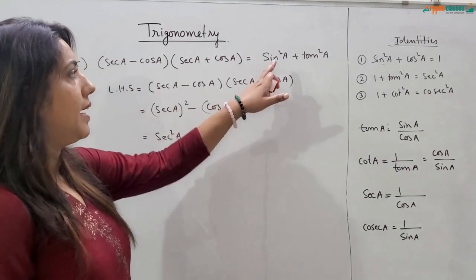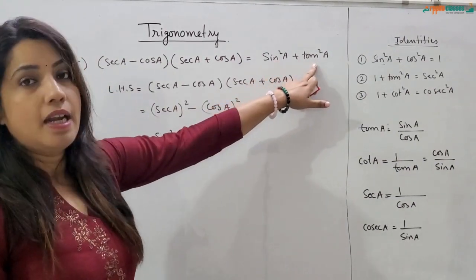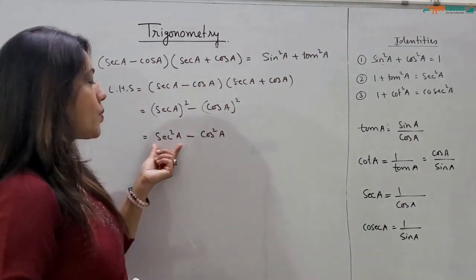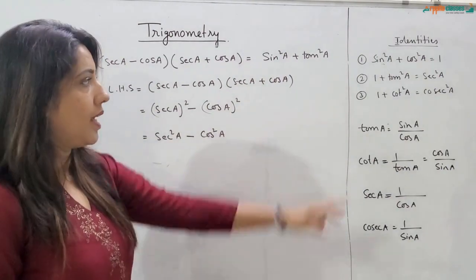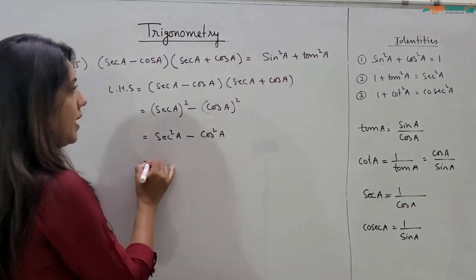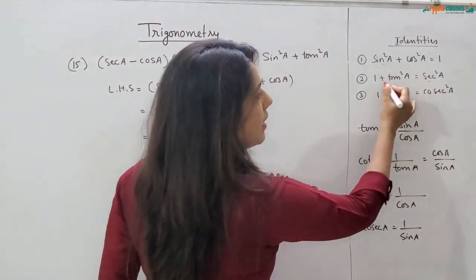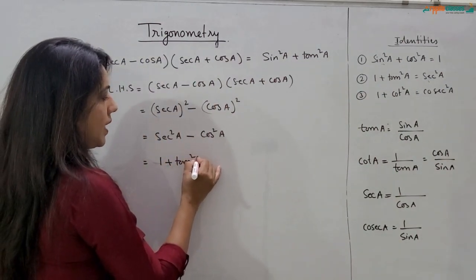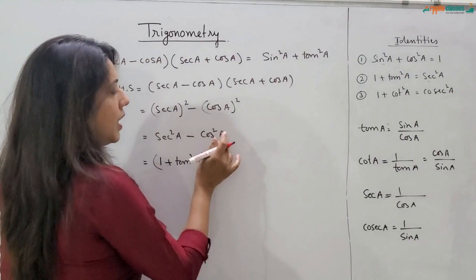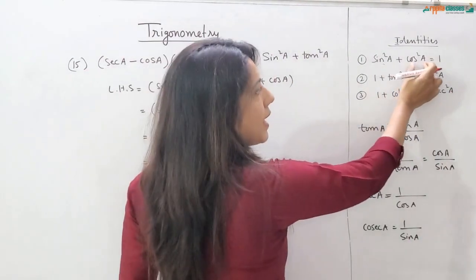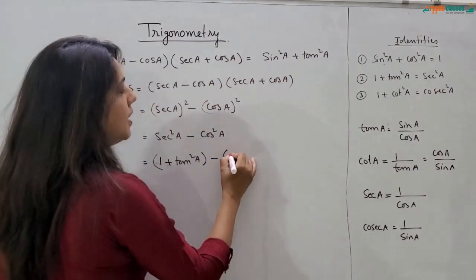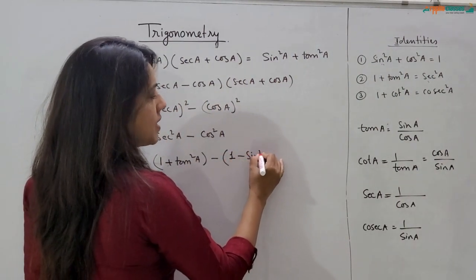Now if I see at the right hand side we have sin and tan. That means the cos square A should be converted into sin and sec square A should be converted into tan square A, and we have the identities over there. In place of sec square A, I can write 1 plus tan square A. So I am writing 1 plus tan square A here minus, in place of cos square A, I can write 1 minus sin square A. The sin square A goes that side. So it is 1 minus sin square A.